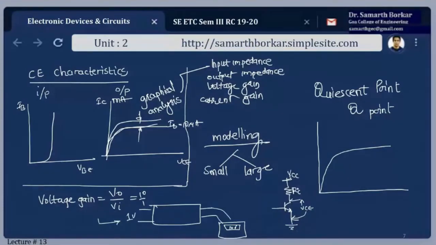Fine. Now, if I want to write the equation for this, the current passing through this circuit is IC. So I can write the equation as VCC equals the product of IC into RC, plus VCE. What we see is that all these points are related. When we design any circuit, the most important thing is that your output voltage and your output current should remain constant. That is why we design any circuit.